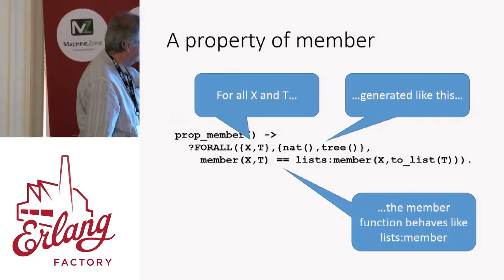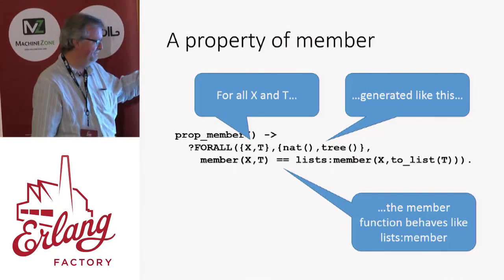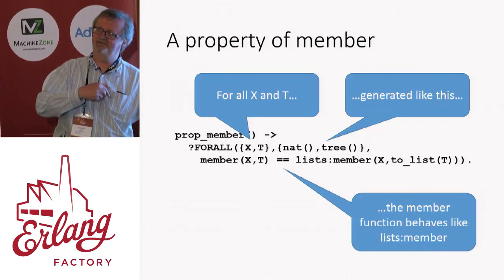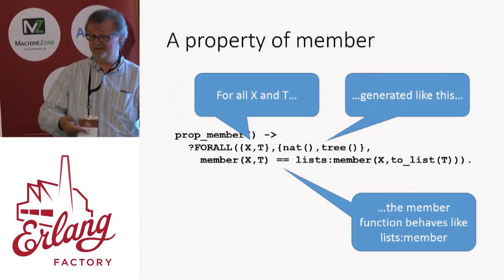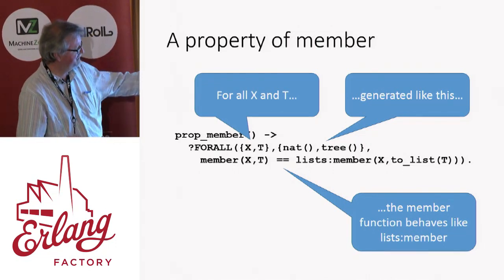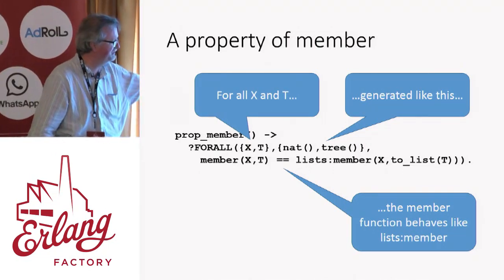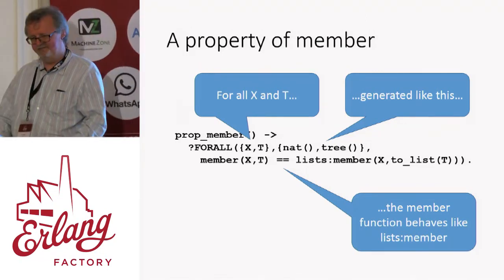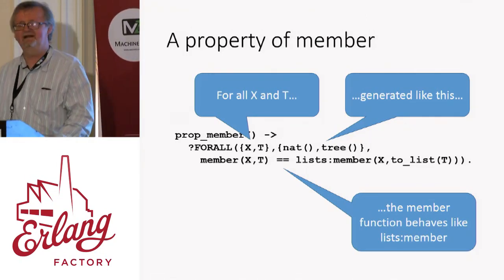So what I'm using here is the lists member function as a model to predict how the tree's member function should behave. And I can do that because, luckily, I have a function to convert a tree to a list. So I'm just going to check that the answer that the tree member function gives me is the same answer as I would get if I convert the tree to a list and then ask whether the element is a